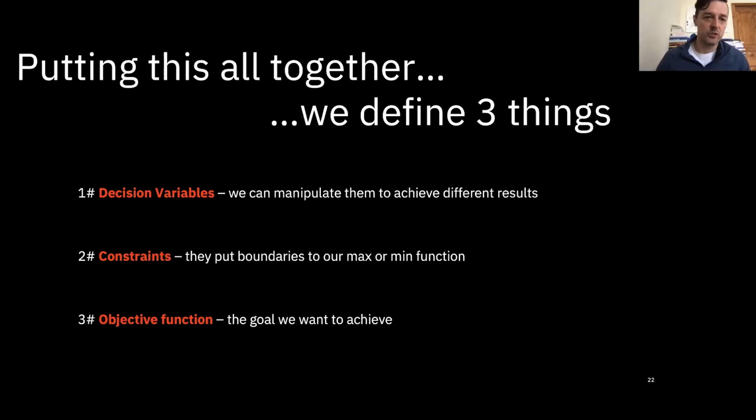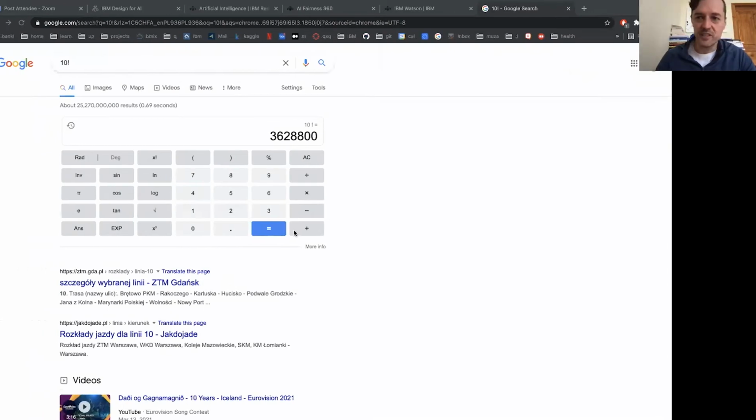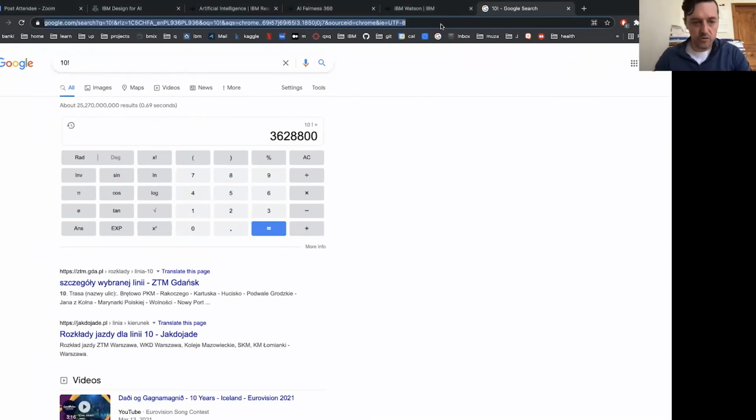So putting this all together, we will be creating decision variables, and we will be defining constraints and an objective function. Those three concepts are really important, and I will just show you on two super simple exercises how to make it. Oh yeah, so there is this exercise. So before we jump to the exercise, let me just show,